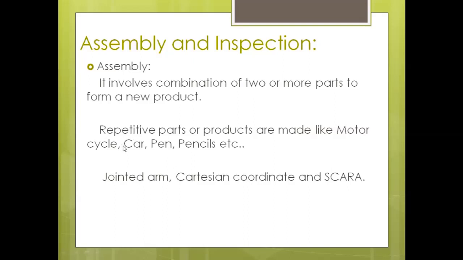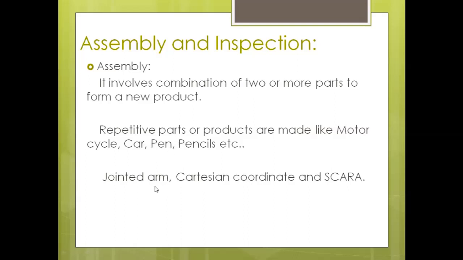In addition to these, many electronic devices are also there in cars. We have to place all the devices in a particular position and form a single meaningful new product. That product is called a car. Like that, a pen also has different parts. It has a cap, a refill, and ink. If you add all the parts in proper position, you get a meaningful product. That new product is a pen.